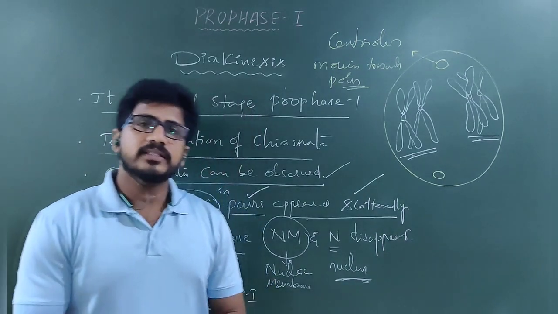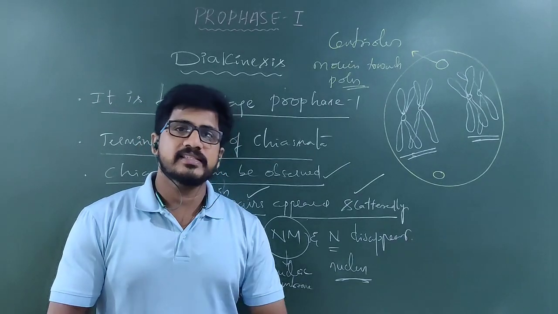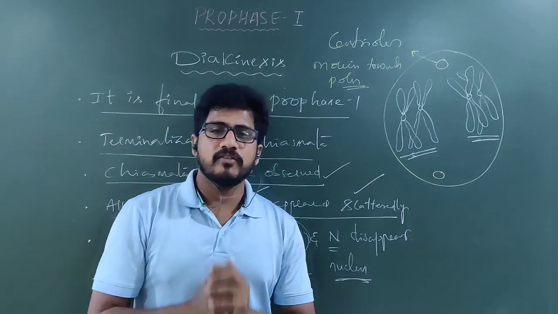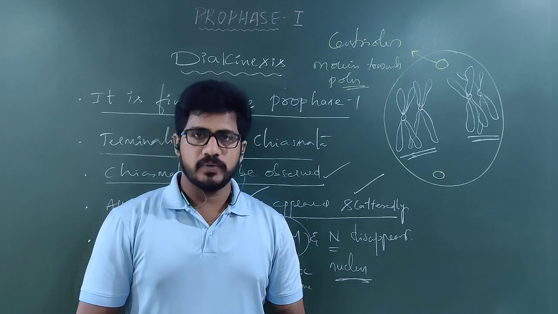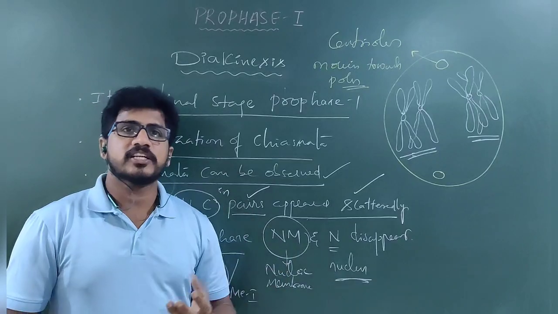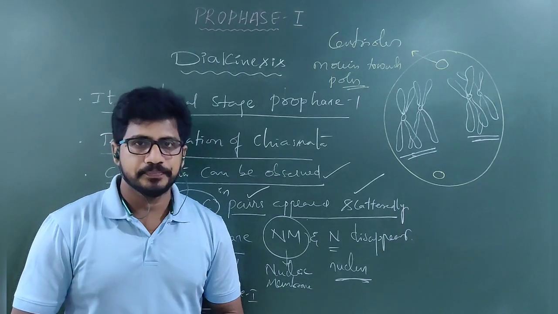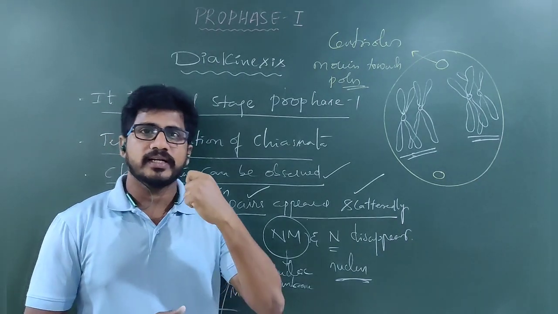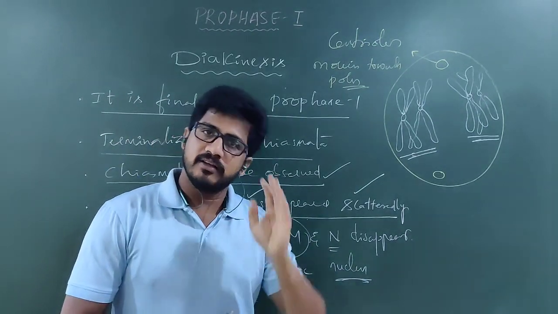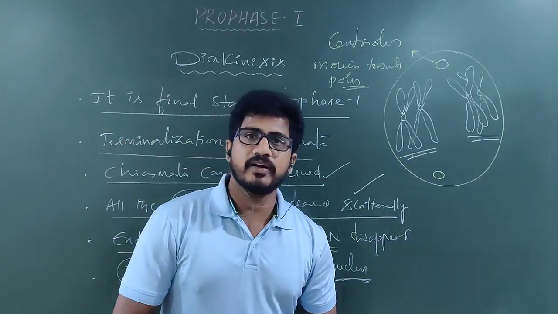Next, what will happen in the meiosis 1 metaphase? Metaphase, anaphase, telophase, we will see in the next video. By this session, I have completed all the steps involved in prophase 1 of meiosis 1. I am presenting a video that explains all the steps like leptotene, zygotene, pachytene, diplotene and diakinesis visually. In this session, you are going to write 10 questions of assignment on the entire prophase, not only the two phases like diplotene and diakinesis. From leptotene to diakinesis, the entire prophase 1 of meiosis 1 is the concept for today's assignment.